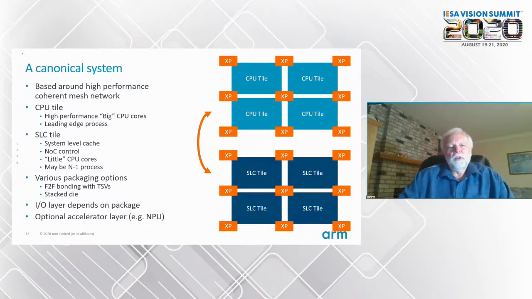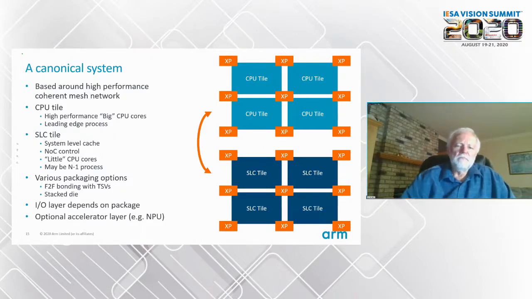One way to do this would be to put big CPU cores. So this would be sort of A75 in ARM terminology or similar things in anybody else's CPUs. Those would definitely be on a leading edge process, so 7 nanometer or 5 nanometer. The SLC tile, on the other hand, in addition to system level cache SRAM, would also contain the NOC control, probably some little CPU cores, so A53 or A55 class, and it could be one process node back. There again, there's a lot of interesting details on how you put these things together and what you might expect with them, but